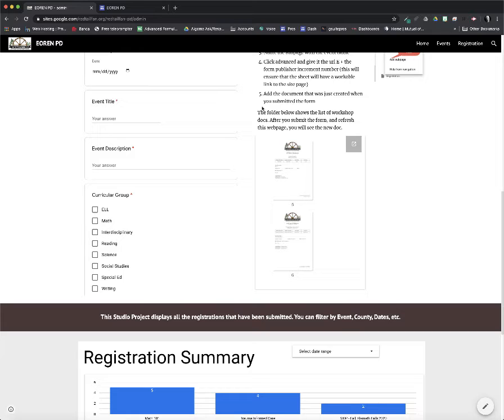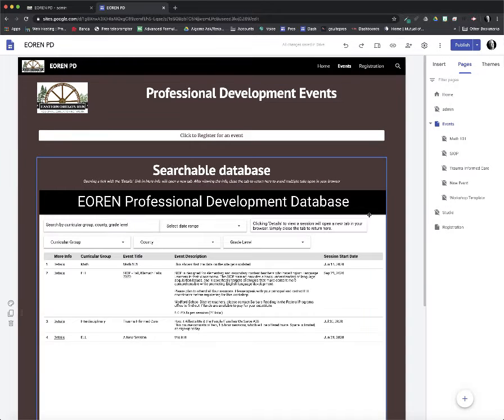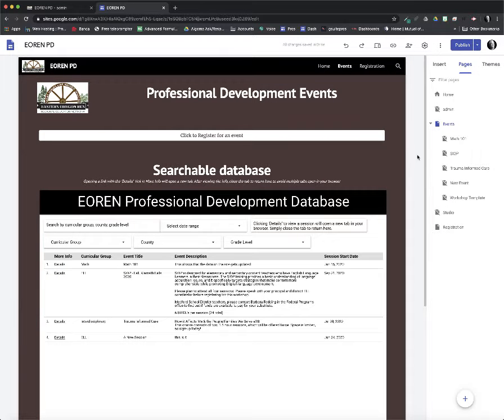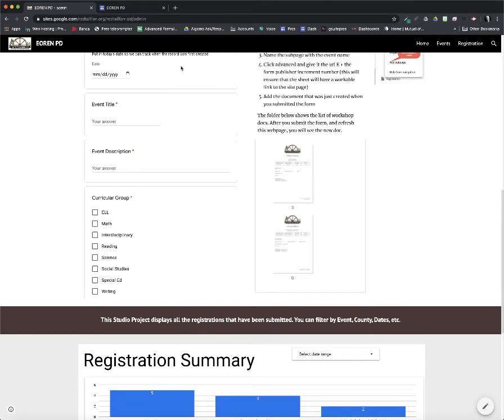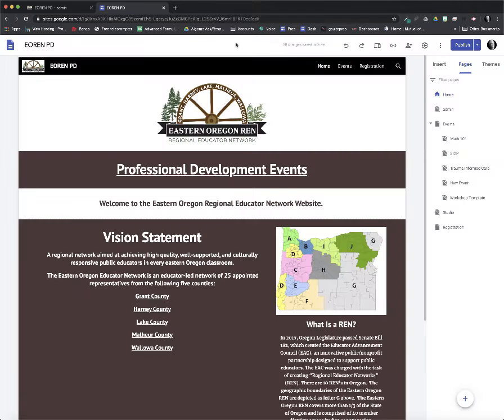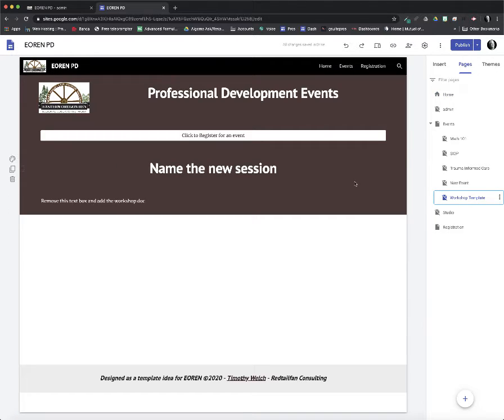So the next step is to come over here to editing the website. So once you have created a new event using the form, then you come over to the website, and you open up the workshop template, and then you actually just duplicate it because it's all set up the way you want. You name this the name of your workshop, Reading